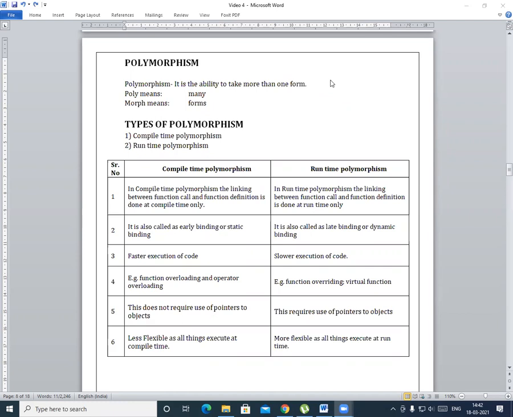So students, what is meant by polymorphism? Here we can divide this word into two parts. First the poly. So what is the meaning of poly? Poly means many and morph means forms. So the meaning of this word polymorphism is nothing but many forms, and its meaning is the ability to take more than one form. So if any function has the ability to take more than one form, it is nothing but the example of